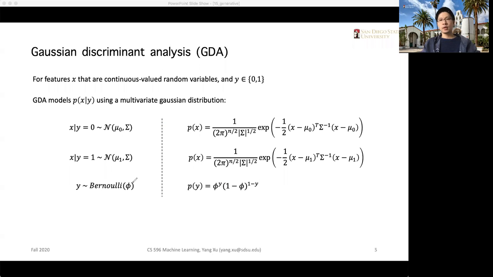Okay, so given these probabilities, we have a bunch of parameters, right? We have mu's, sigmas, and phi's, and those are the unknown parameters that we need to learn, or we need to fit against the data. And the goal is to find the best parameters that maximize the posteriors, which is the likelihood of the data times the prior probability. Okay, so let's proceed on to the next slide.